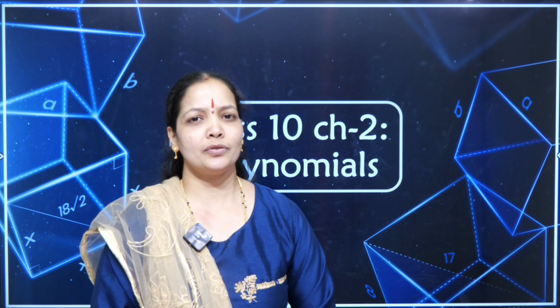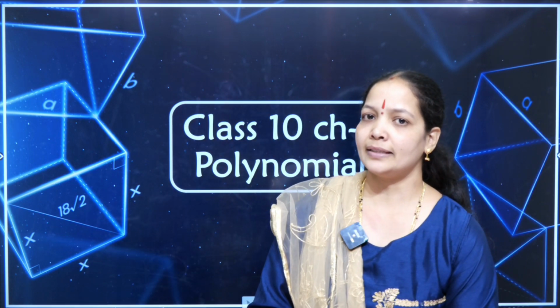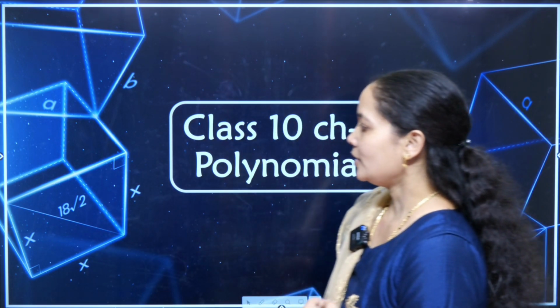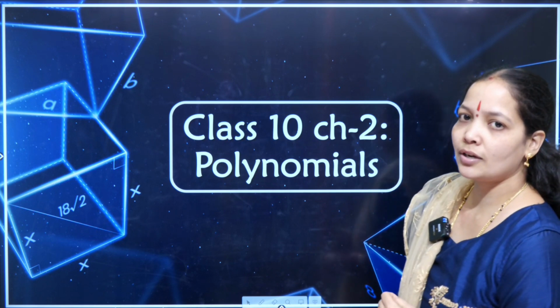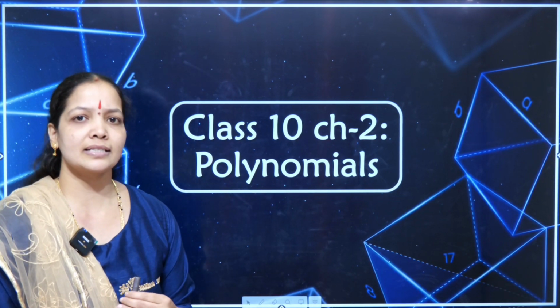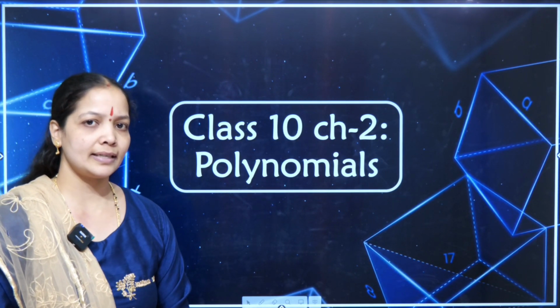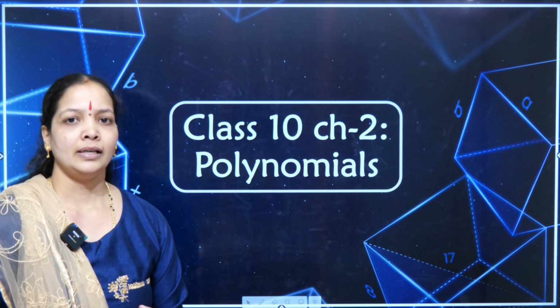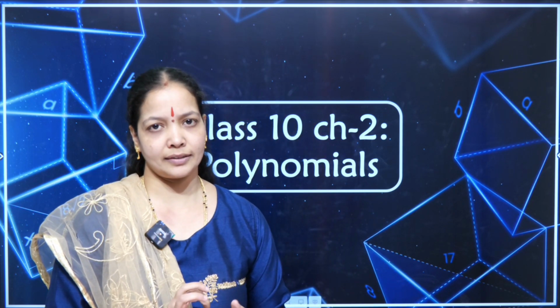Hello dear students. Today we are going to learn about chapter 2 of class 10 maths, that is polynomials. The polynomials chapter is also a continued portion of 9th to 10th maths. In 9th also we had polynomials as our second chapter, which gave us a basic analysis of what is meant by a polynomial, what is the degree of the polynomial, and how do we find the factor for a polynomial. In 9th we have also learnt about finding remainder, finding factors using the two theorems. They were remainder theorem and factor theorem.